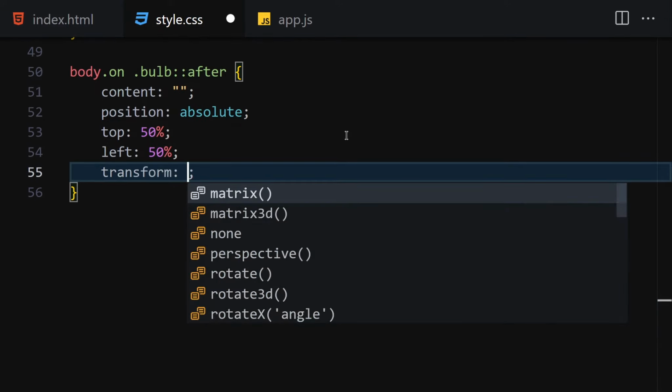Okay, so that's that. Now the next thing that you have to do is to also provide a box shadow. So we are going to provide the on class to it. Now let me select our body, and if our body has a class of on, we want to get our bulb, and now let me write a background to it. The background color will be totally white, and also the box shadow will be 0 0 50px white, then a comma, 0 0 100px white,